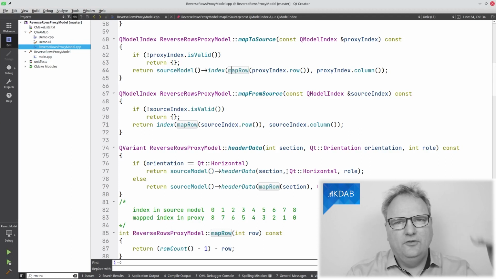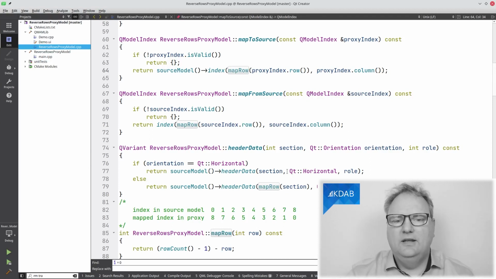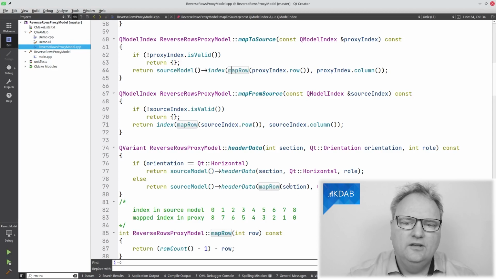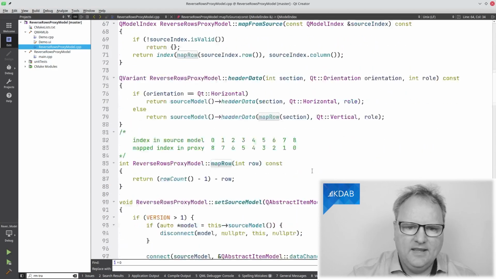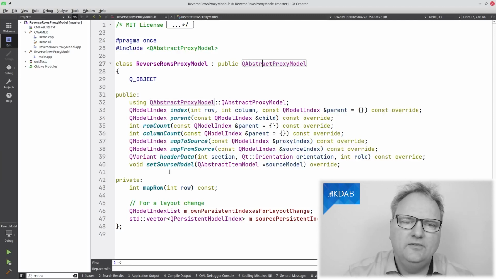But if I'm asking for the vertical, then I need to swap them around, and that's what I do here. I ask my source model for its header data, and then I swap around this section here. And that's about it for the default implementation.